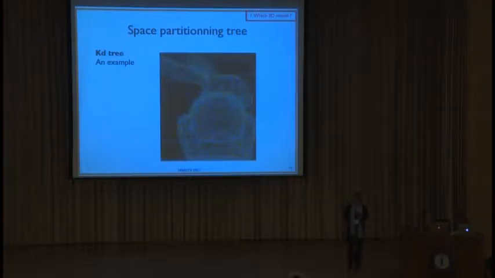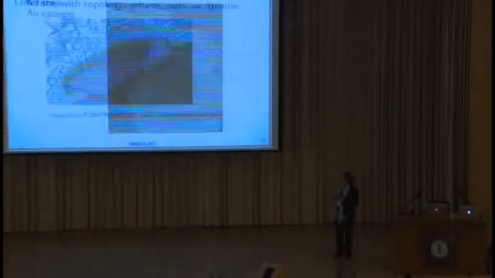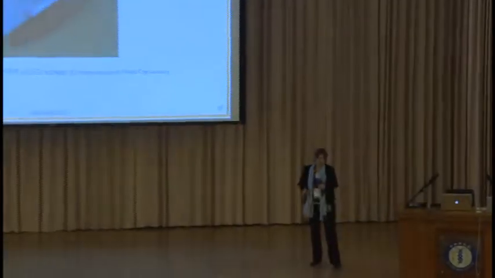So this is the famous Stanford rabbit, and it's split in a KD tree. So you see here that unlike before, unlike in the octree case, the cells are of different sizes, but you also have splits where you have 3D information. Okay. So now,